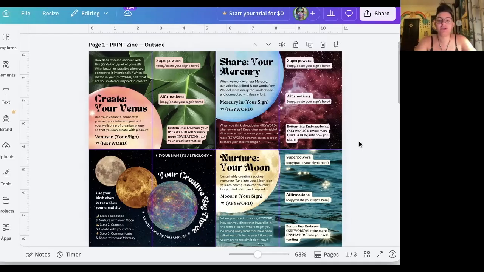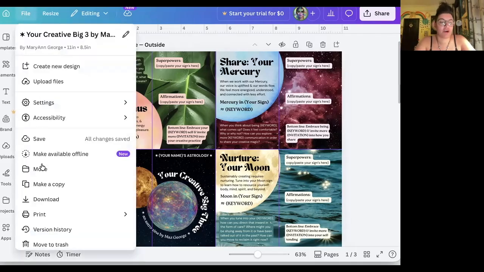So you're going to see it right here, and it's going to invite you to copy and paste things. To use this, I want you to make a copy. So just go to File and make yourself a copy of this so that you can update it, so that you can copy and paste your signs info. I'll go over that in just a moment. And then down here,